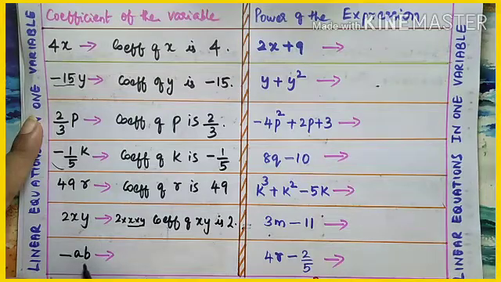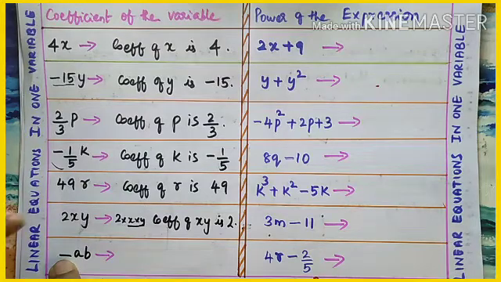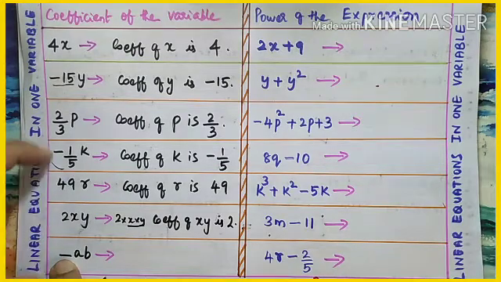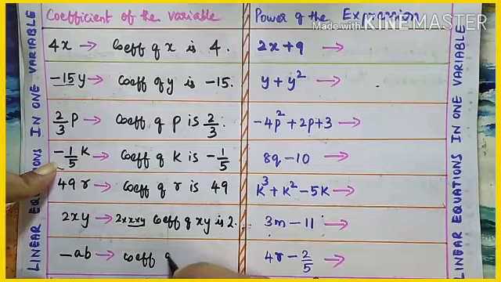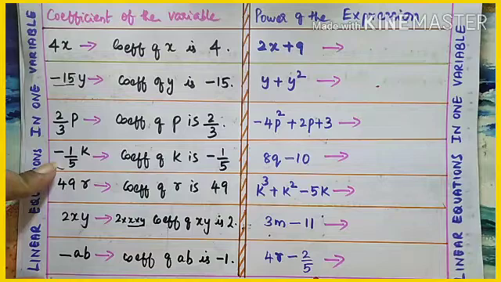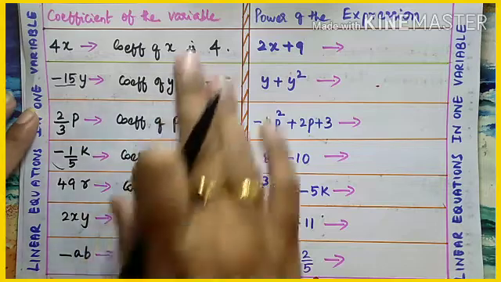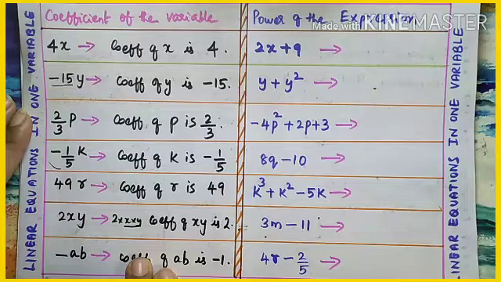Similarly here also a, b you can see together. This is also two variables. But here no number is seen. Only one negative sign is seen. If no number is there, how can we find out the coefficient? When no number is there, the coefficient will be 1. Very good. So coefficient of this ab term is minus 1. So when no number is there, we need to say minus 1. From all these examples, I think that you understood how to find the coefficient of different variables.